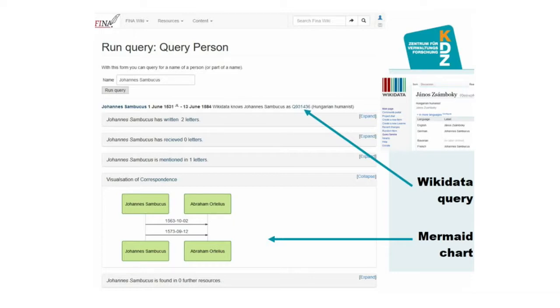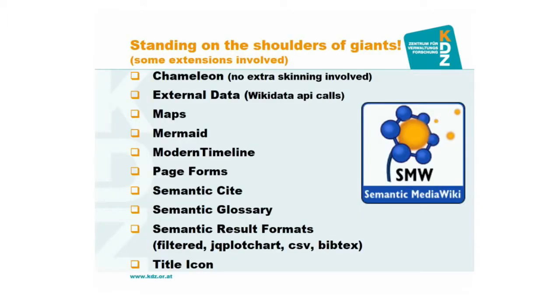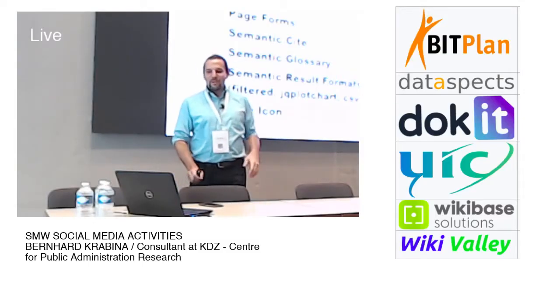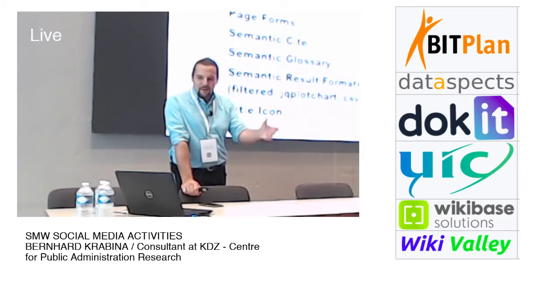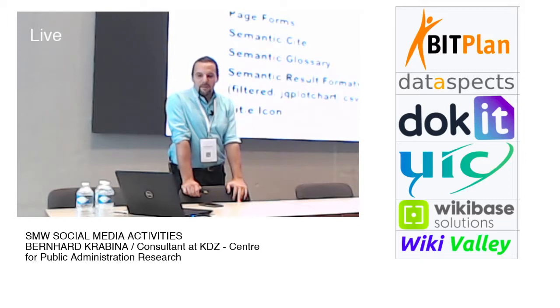Of course, this should be improved, and there are several things to consider. But this is done with the external data extension that can query basically almost everything. Implementing something like this, you are standing on the shoulders of giants. There are many extensions involved. Of course, there's Semantic MediaWiki, and MediaWiki as the core. I mentioned Chameleon, external data, maps, mermaids, modern timeline, page forms, semantic site, semantic glossary, semantic result formats,